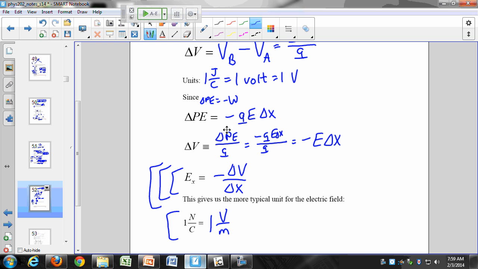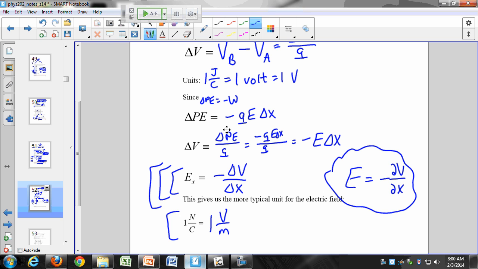Later, I don't know if it's going to be on this next exam, but later we'll see that the electric field is equal to, what does delta usually mean in calculus? Right, but what is it usually leading to when you do a derivative? And so we'll describe the electric field as the derivative of the potential in terms of position. I'm going to put in a little cloud right here: E is equal to the negative of the derivative of delta V with respect to x.